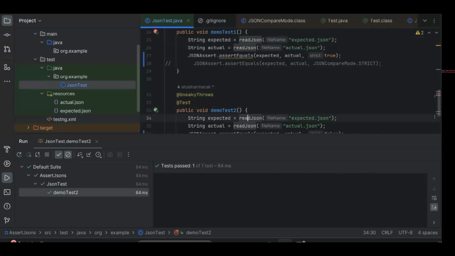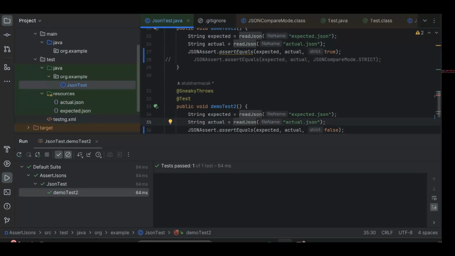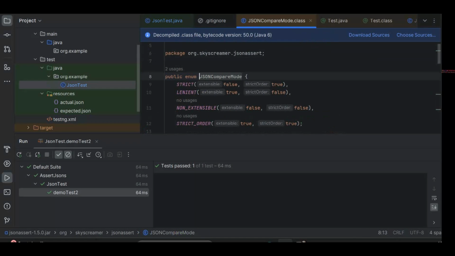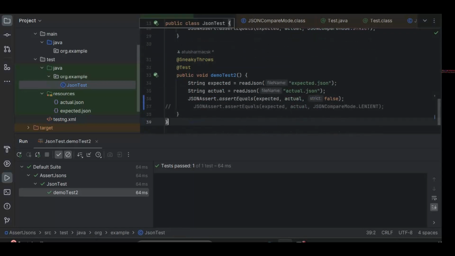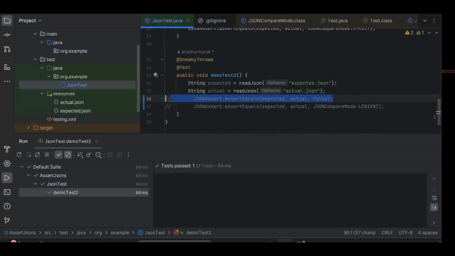Now we will discuss modes. So what we have done here is the same. If you say that you want to have a strict ordering, you want to pass it as a true value, then it will take the enum that we have, which has different values, and we'll discuss them. So true is equivalent to strict, and false is equivalent to lenient. Let us see that by executing